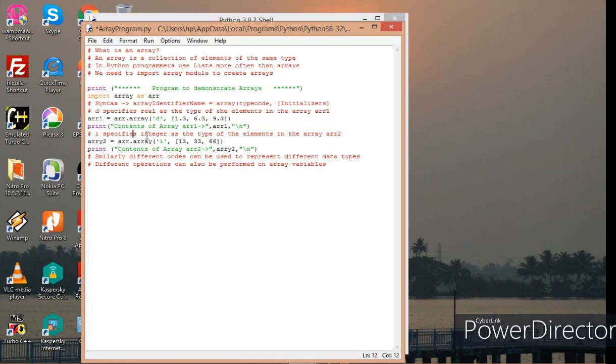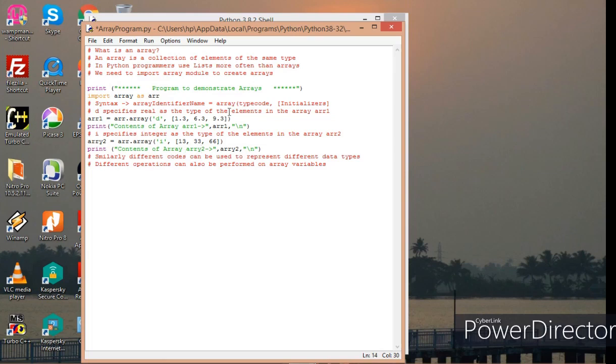I specifies integer. That is, the elements of this array ARR2 are integer values, in this case 13, 33 and 66. And I am going to display the content of this particular array.